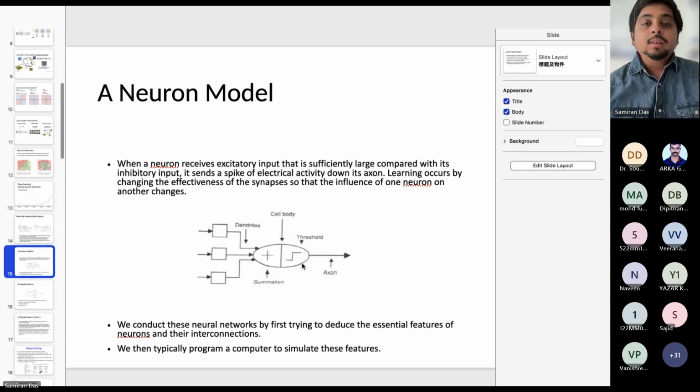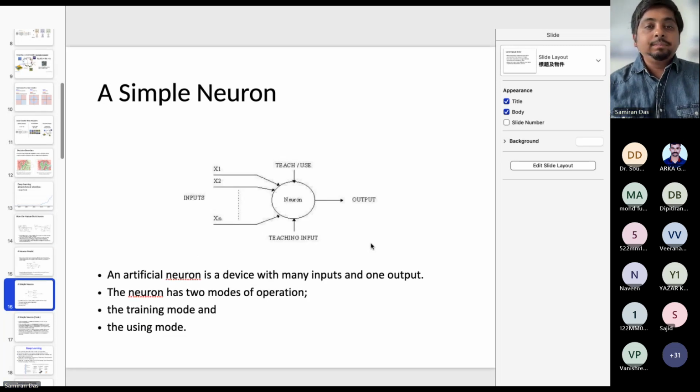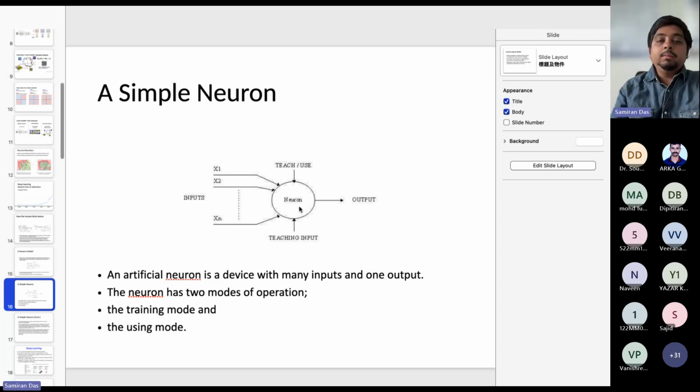Okay, so this is how they tried to develop the electrical equivalent model of a neuron, so that it can learn different kinds of patterns very easily. So here you see that x1, x2 to xn are the inputs to the simple neuron, and this neuron sums up the inputs and then takes some kind of action on that summed input. Okay,